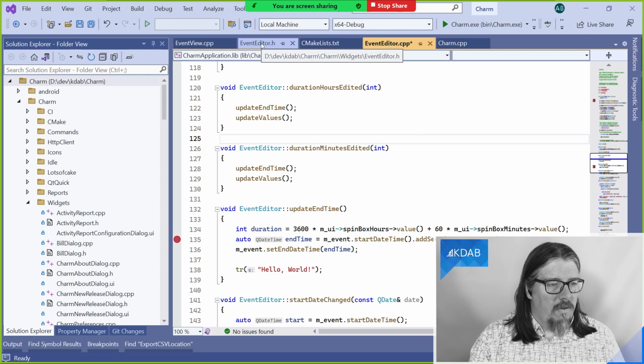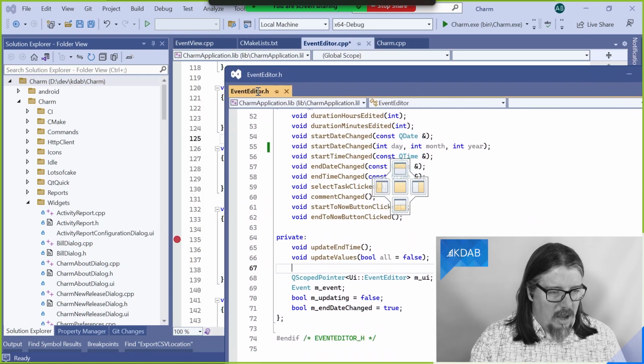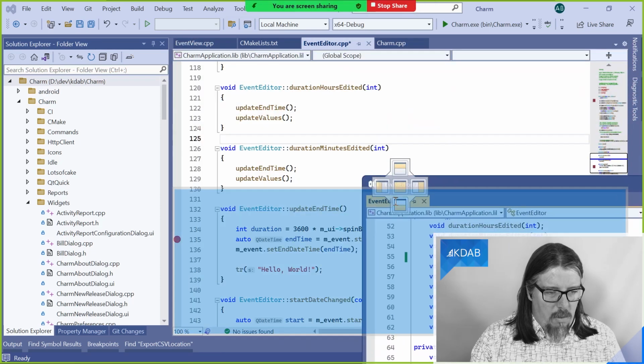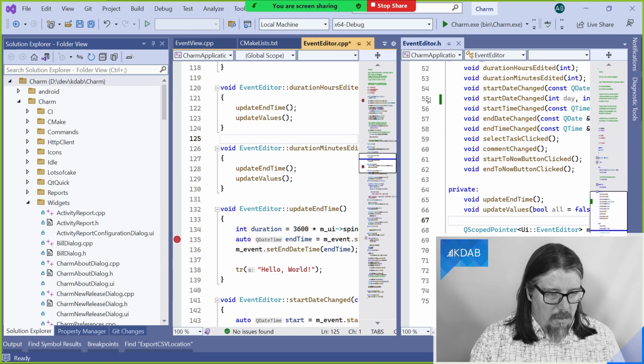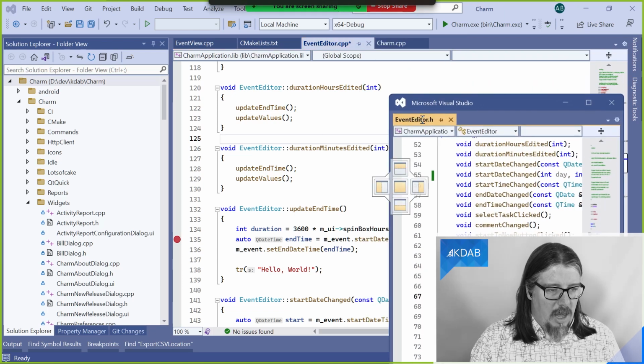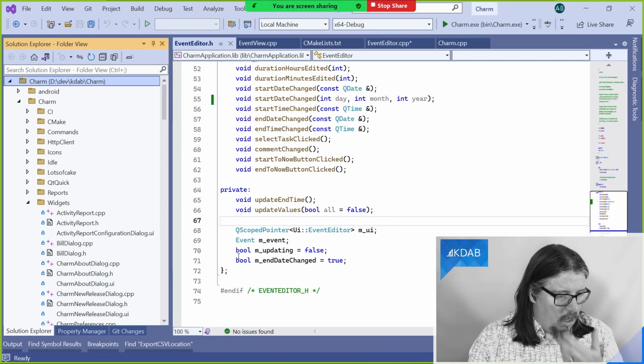The notion that you can just grab any bit of your interface and drag it about to dock it with respect to another widget, to make them side by side, or you can drag it on top, and then it will form a stack.